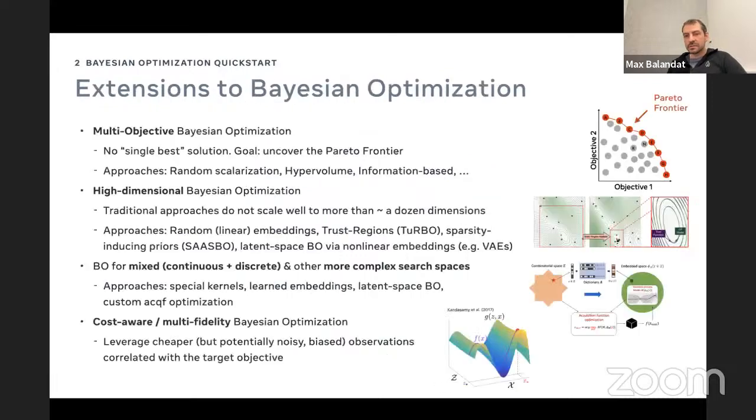Lots of extensions. Taylor talked about multi-objective Bayesian optimization. High-dimensional Bayesian optimization is an area of high interest more recently as well. A lot of interesting ideas for using embeddings, nonlinear and linear, especially in the chemical space. Martin also talked about this quite a bit in terms of custom kernels and other more complex, or I guess funky is the technical term, spaces that you want to optimize over.